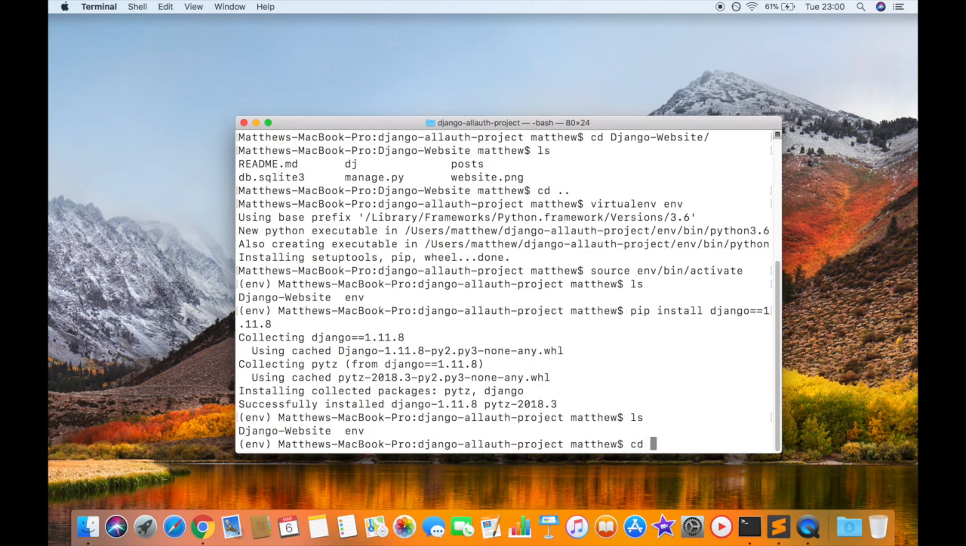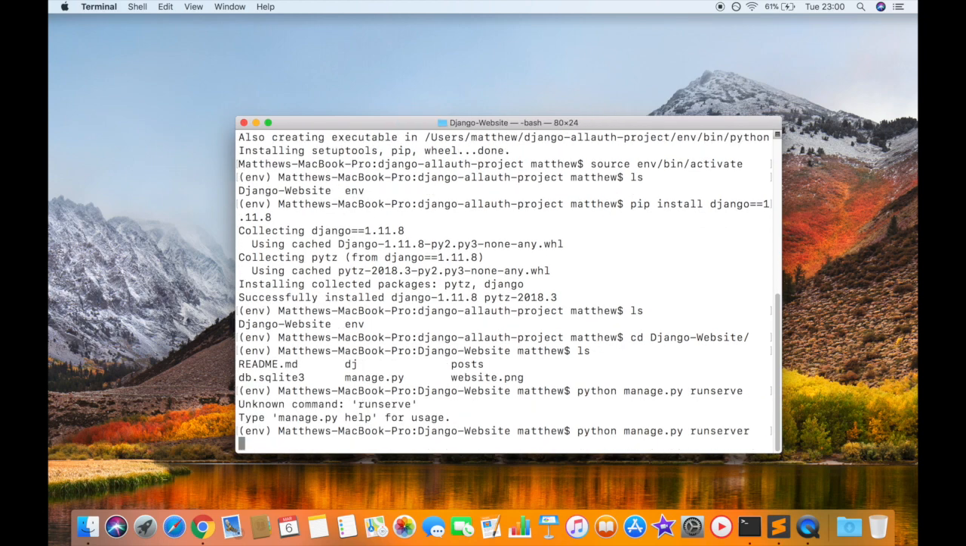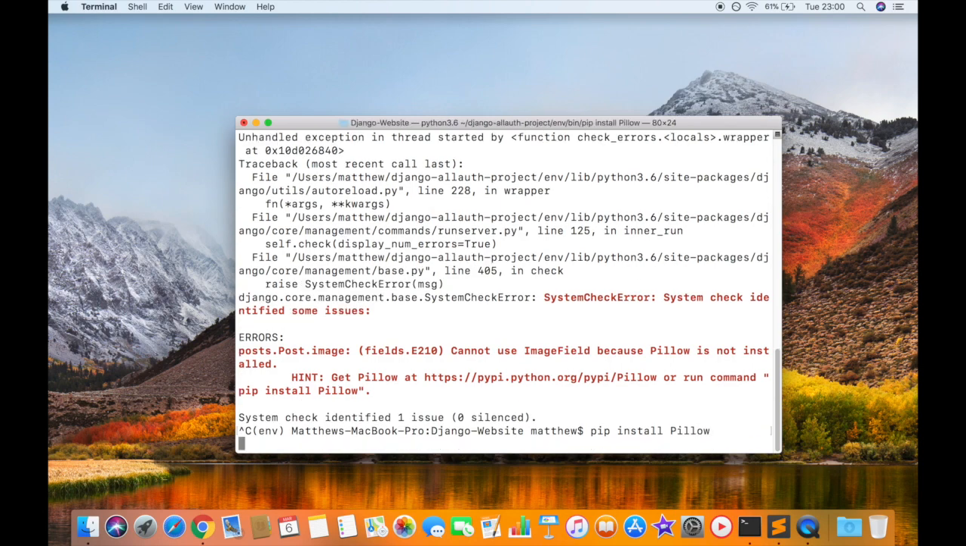Okay, so if we change into the Django website and list everything out, we can say python manage.py runserver, and now it says Pillow is not installed, so we'll just need to install Pillow. So we'll say pip install pillow,